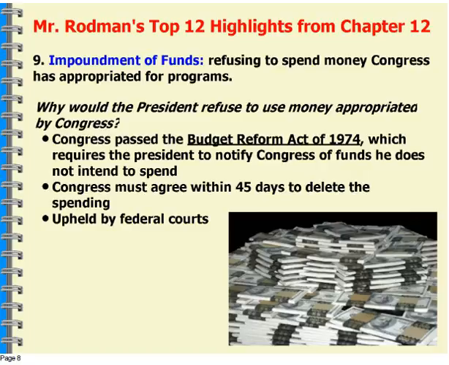Impoundment of funds, again, coming after Vietnam, but also coming after Watergate and the concerns of presidents not wanting to spend the money that was budgeted. This is where we get the rescission, or the cancellation of the way the budget is supposed to be used.